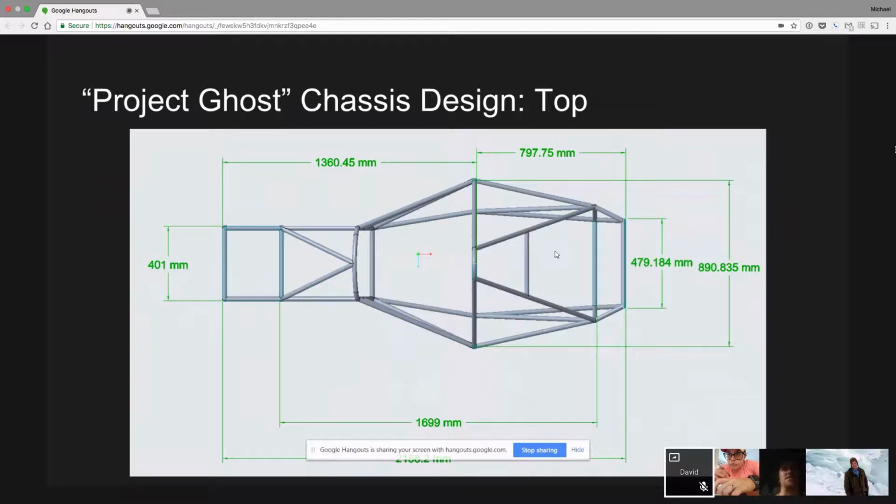And then the wheelbase is 66 inches. So I did some research on wheelbases. I think a lot of the teams run around 60, and I didn't see any teams that run over 70. So we tried to find that happy medium between a really short wheelbase, which would really restrict our goal for having a large rear engine, having to be able to fit batteries, motor, any other electronics, all that stuff